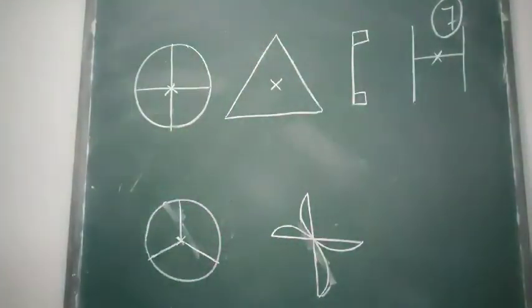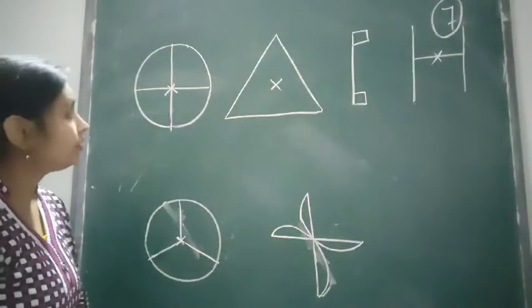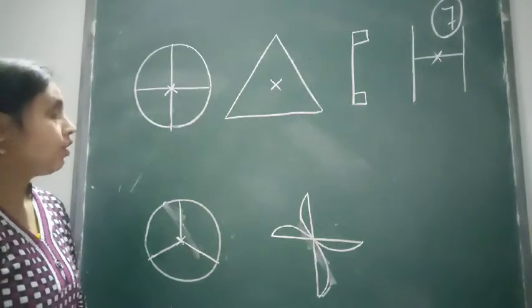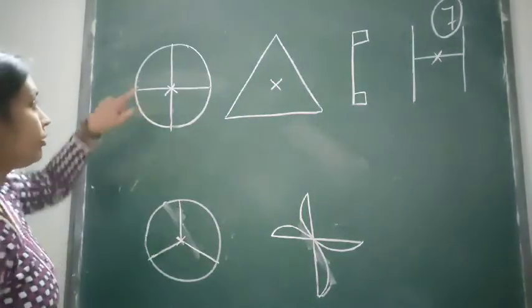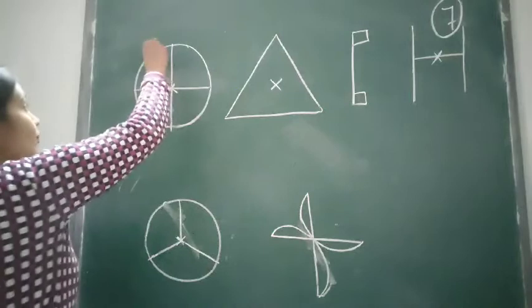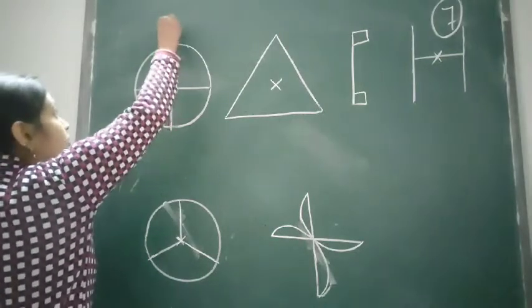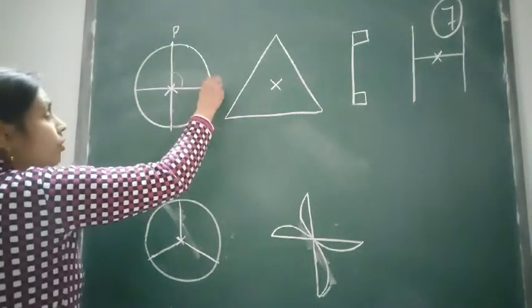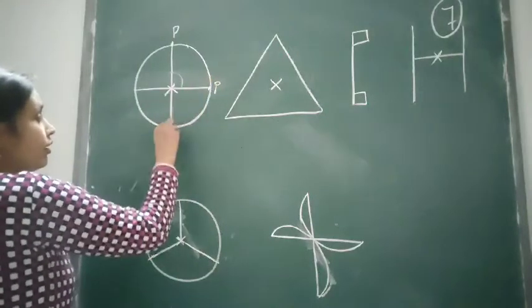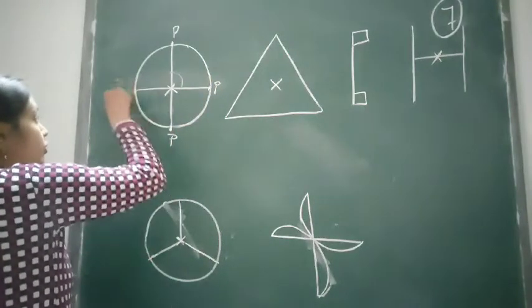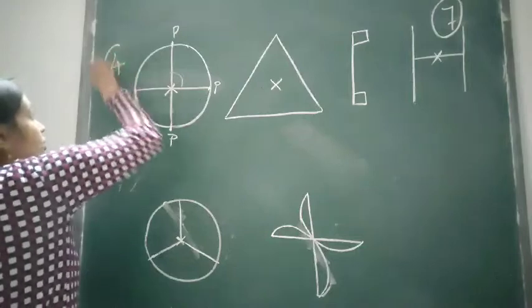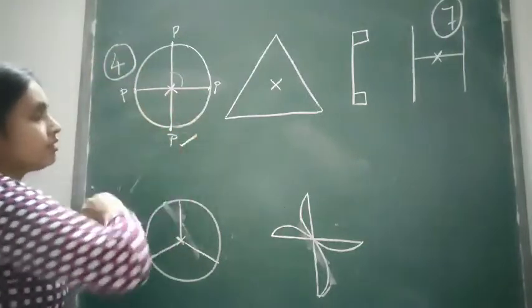In which ways we have to check how many figures are having rotational symmetry of order more than 1. So here if you rotate it, suppose you mark a point P here, so on one rotation, on one order it will reach here, second order it will reach here, third order it will reach here, fourth order. So this is having order 4. So this is one answer.